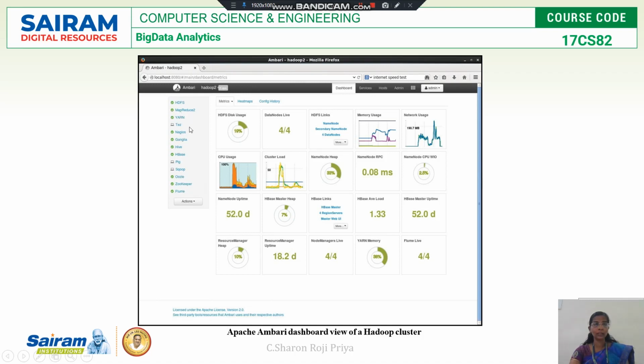These widgets I can edit, I can move, I can add a widget, I can remove a widget. If I want to move a widget, just place the mouse over the widget, click, and you can drag it.